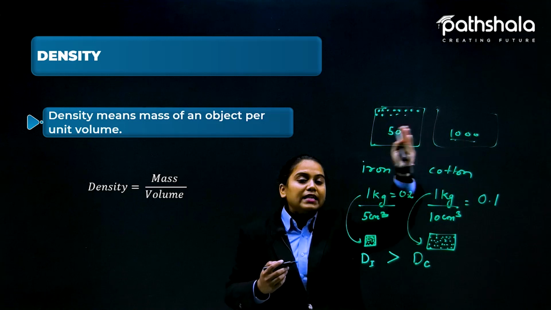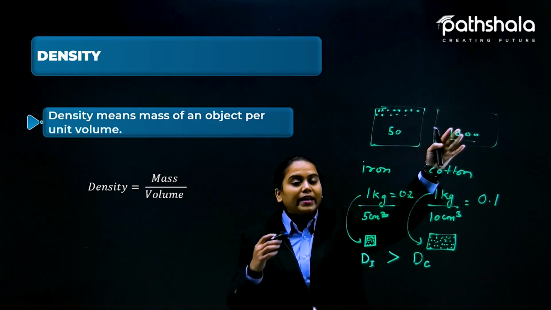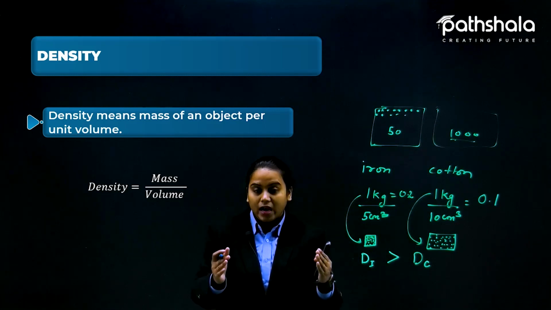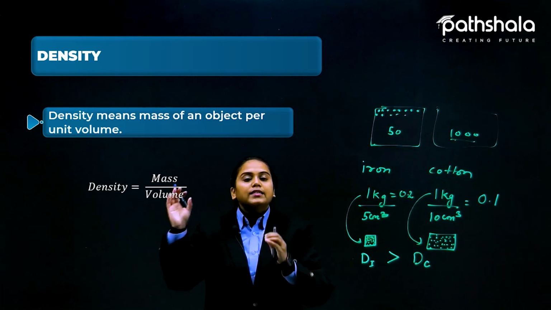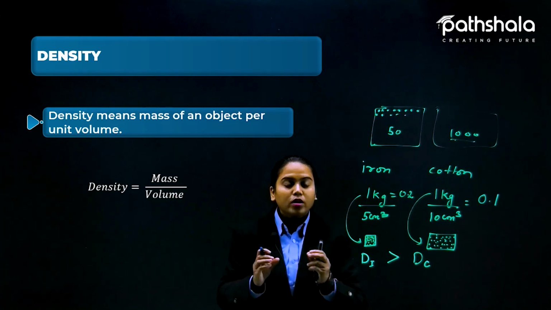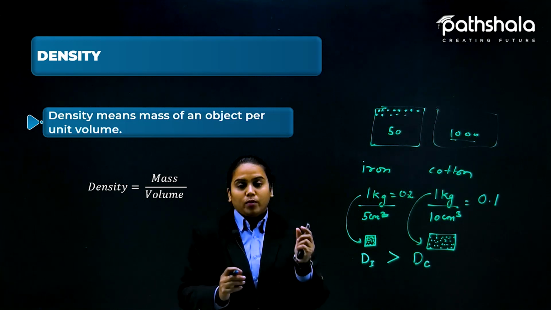So which one is dense? So this will be the dense. That is how we can say that for a particular area, if the number of trees is more, we will say that it is a dense forest. In the same manner, if we are talking about the molecular level, so for a unit volume,